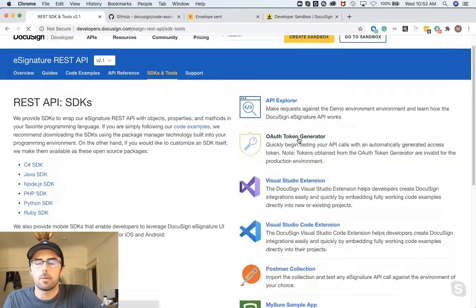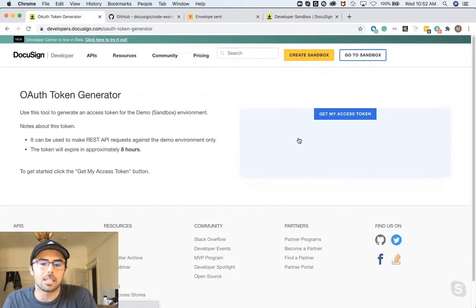and if I'm logged into my sandbox, I can go ahead and get an access token that I can copy and paste from this view and drop into your favorite API client, or if you want to drop it into your code, that's fine too. And you can use that to test out requests. And the second thing I'll show you is